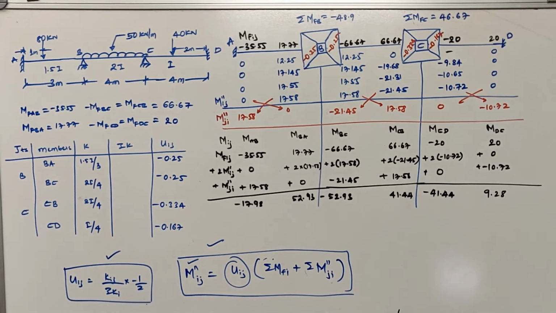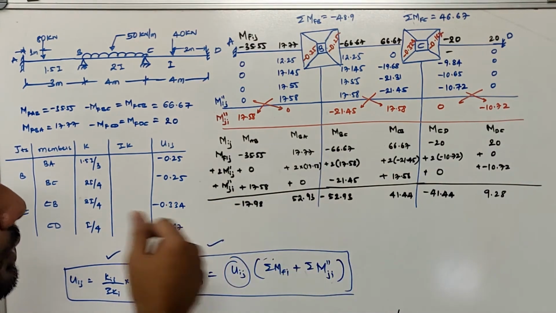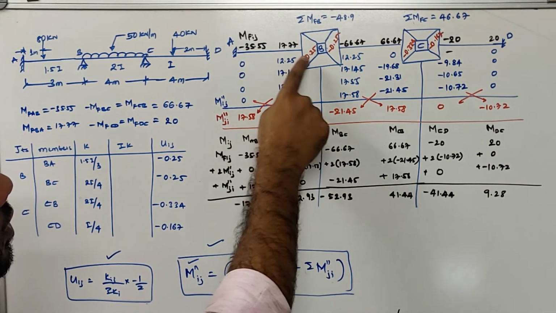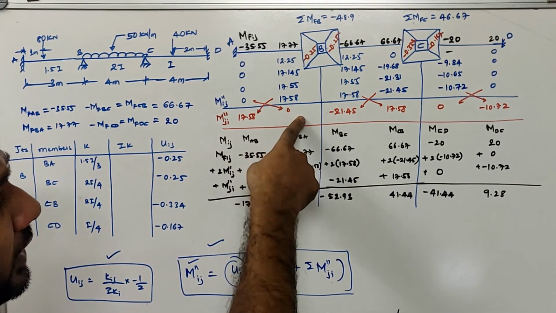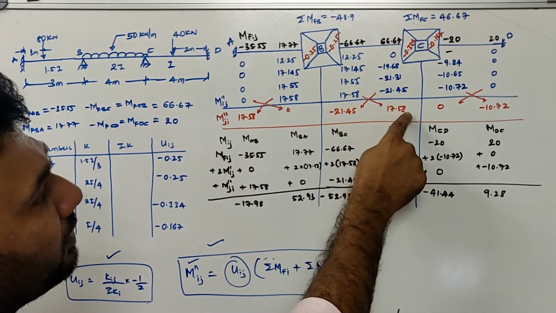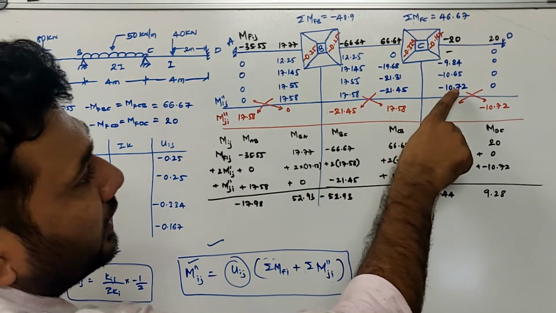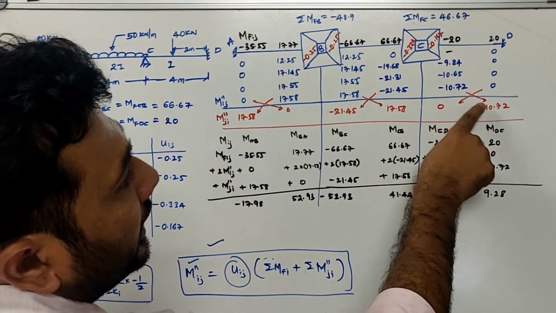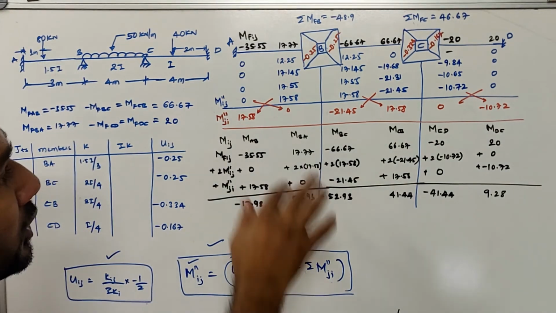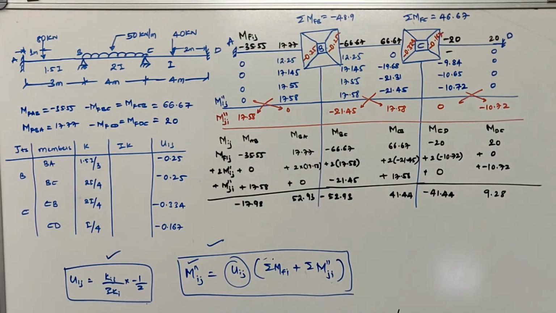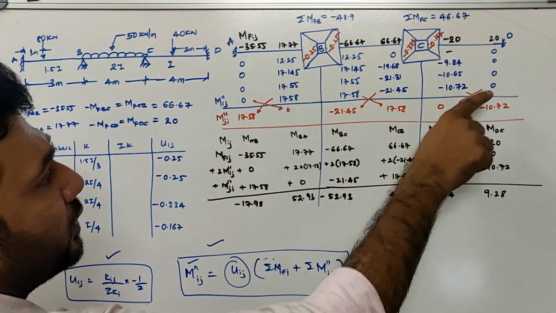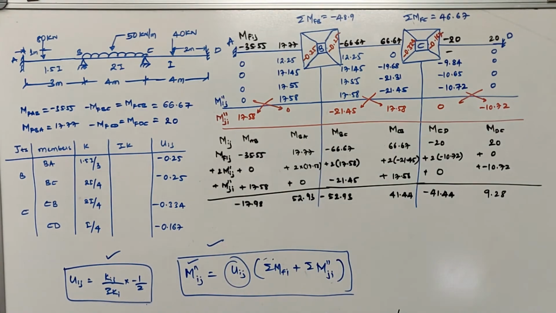Once you write these final rotation moments, the next step is to solve for far end rotation moments, right? Now the carryover process will continue. In this carryover, from BA I have to carry over to AB, and from AB we have to carry over to BA. Similarly from BC to CB, and CB to BC, then in the next span, from CD to DC, and DC to CD. These red values represent the far end rotation moments, and blue values represent the near end rotation moments.